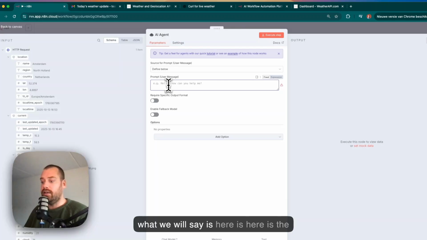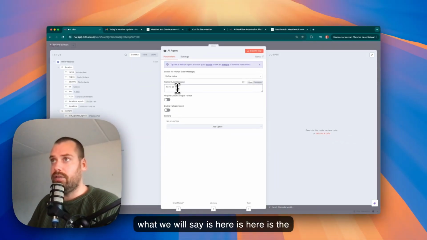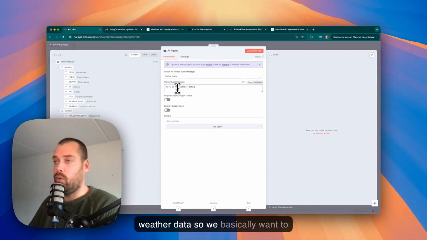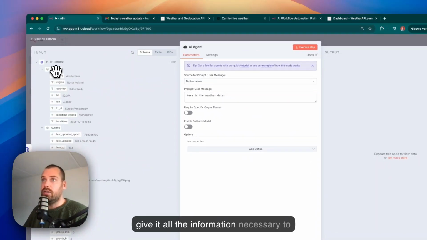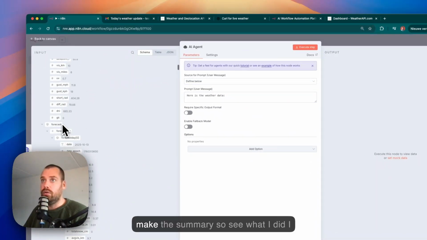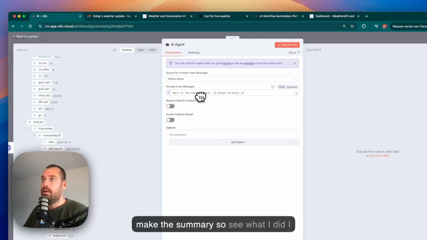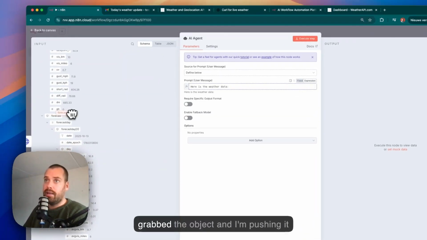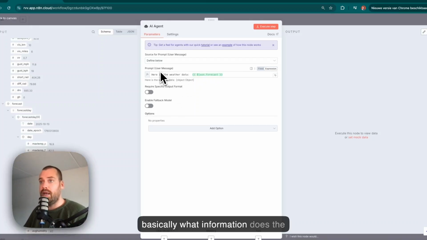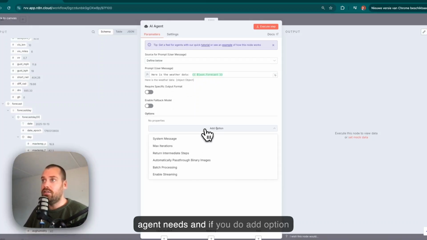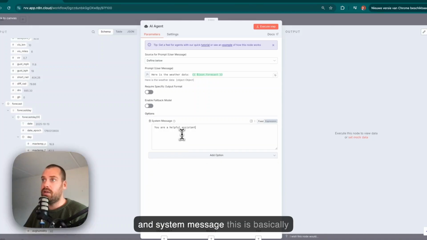And what we will say is, here is the weather data. So we basically want to give it all the information necessary to make the summary. So see what I did? I grabbed the object and I'm pushing it into the prompt. The user message is basically what information the agent needs. And if we do add option and system message, this is basically the task we are going to give to